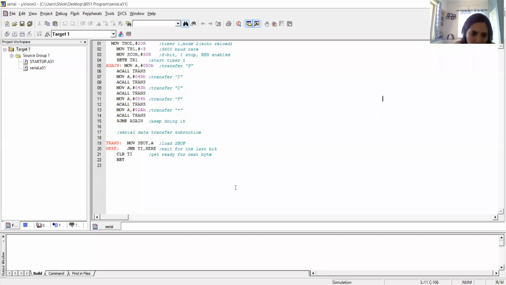Whenever we are transmitting by serial port communication, only one character is transferred at a time. After that character is received at the other end, then we transfer the second character, then the third character. Like that, the serial port communication transfers byte by byte from one end to another end.